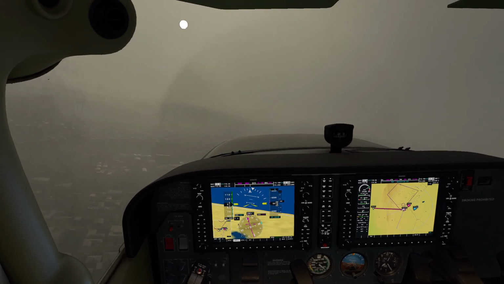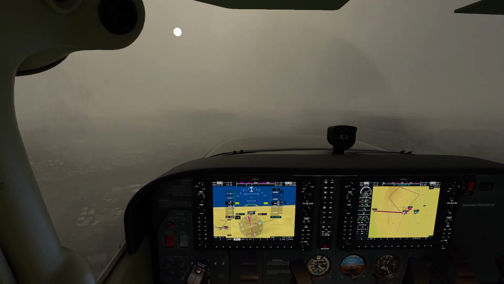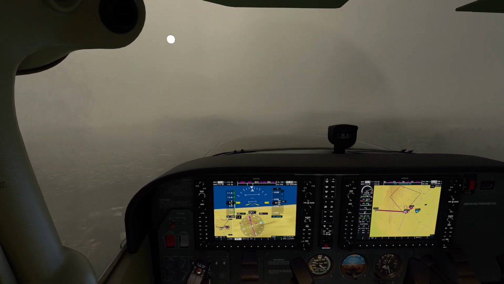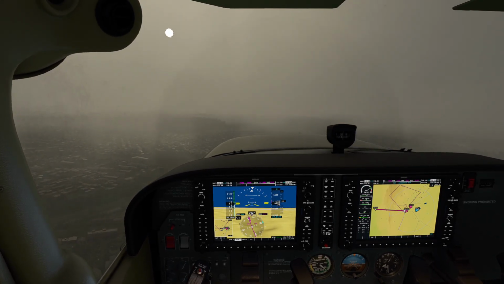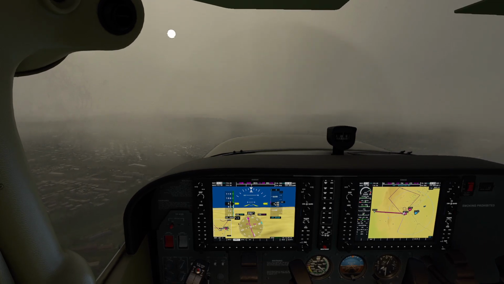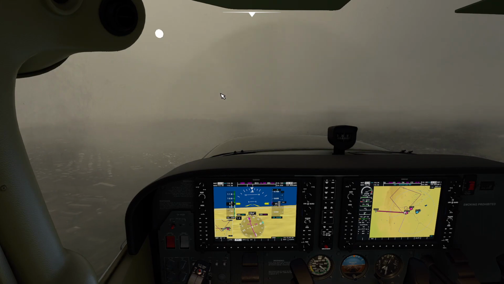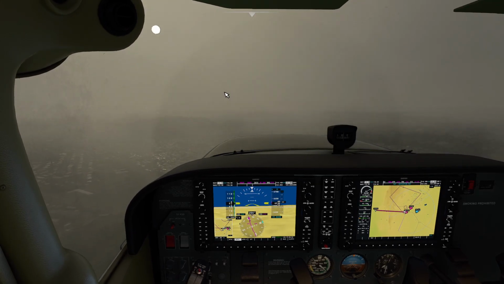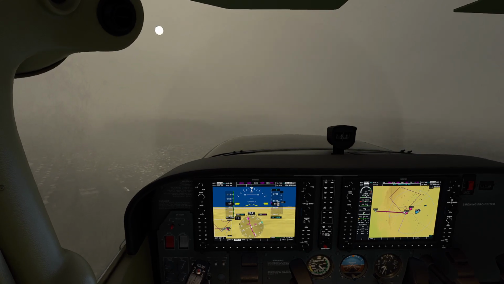And roll out at 290. From here we'll proceed. Unfortunately I have no visual of Gong race course, but there seems to be a bit of a clearing of trees over there, so probably beyond that is Gong race course. So once I get overhead Gong race course, I will make a left, basically to head directly to Kedong